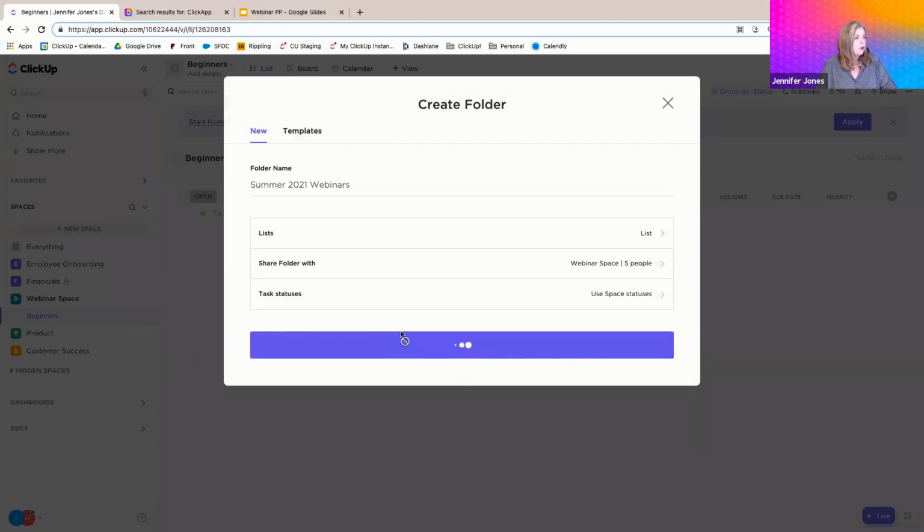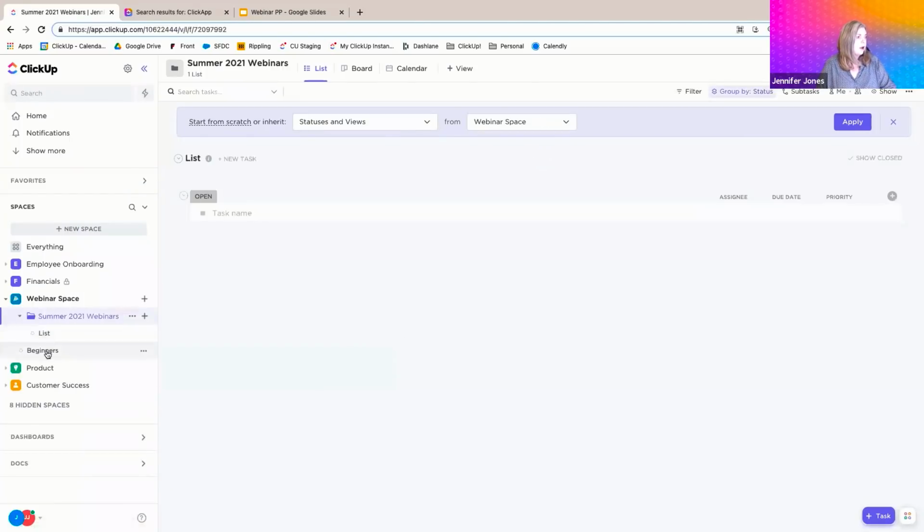No problem. Folder created. Now, if I want to move a pre-existing list into the folder, all I have to do is drag and drop. Super easy. Now, you'll also notice when I create a folder, again, we automatically give you one list to use. So it's really, really nice. It makes it easy to use. Now, let's pause for a moment